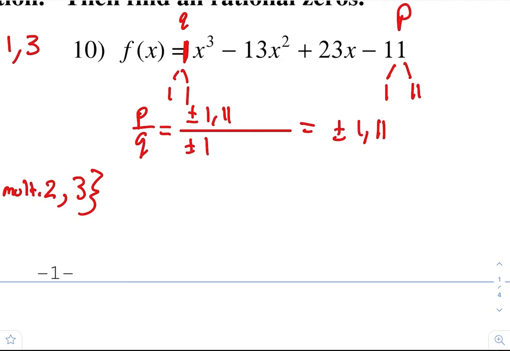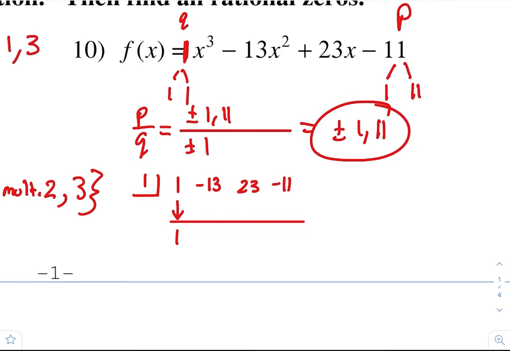So it is a lot of guess and check. So just to demonstrate, you guys, oh, we gotta make our synthetic division. So that's a 1, negative 13, 23, and negative 11. Alright, so I'm going to just test out 1. So 1 times 1 is 1. Negative 13 plus 1, negative 12. Negative 12 plus 1, negative 12 plus 23 is 11. 11 times 1, 11, 0. I'm strictly just getting very lucky. I always like to start with 1 and negative 1, you guys, because I think those are the easiest ones